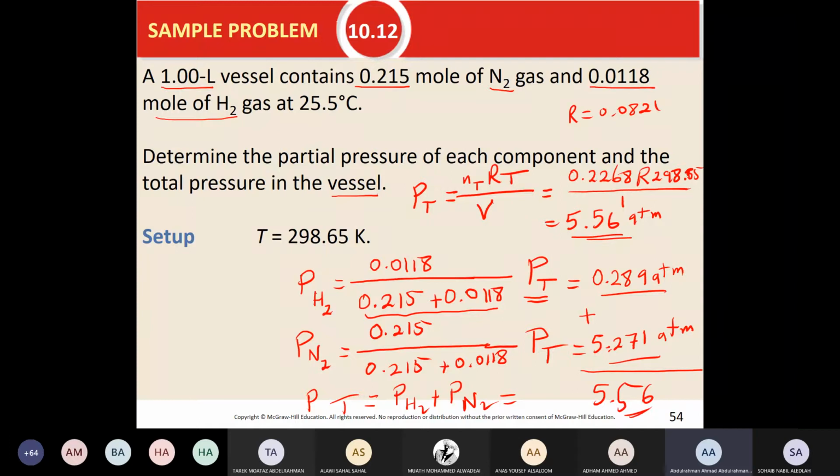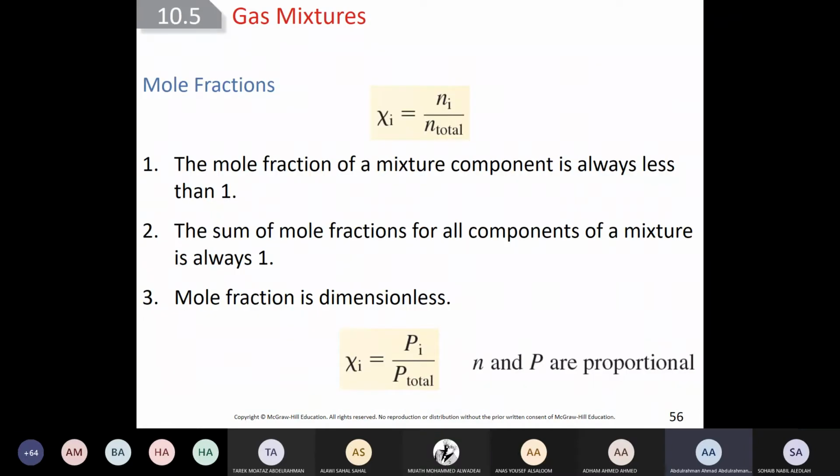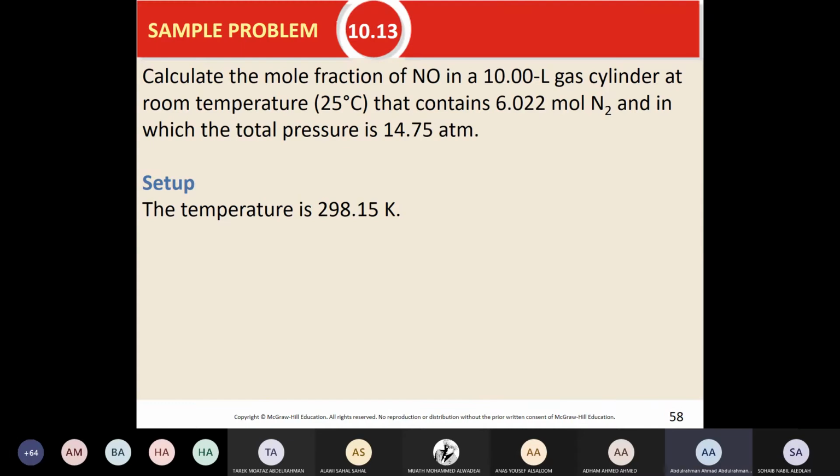Is this clear? How easy? So easy. You have to know how to deal with Dalton's law. Good. Okay, calculate the mole fraction of NO in a 10-liter gas cylinder at room temperature that contains 6.022 mole N2 and in which the total pressure is